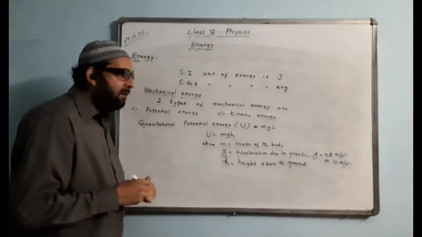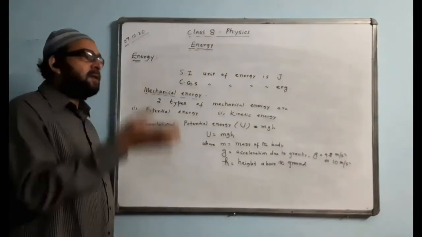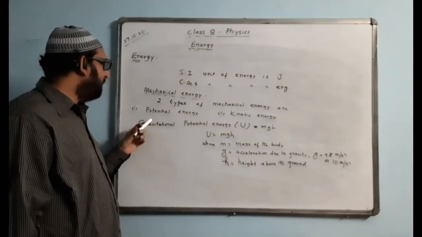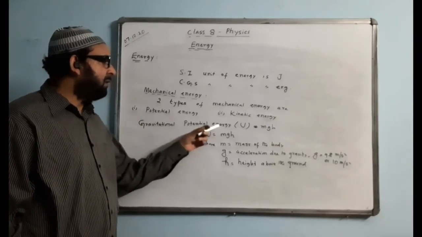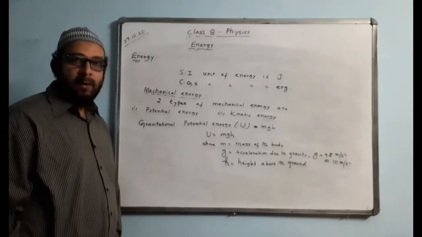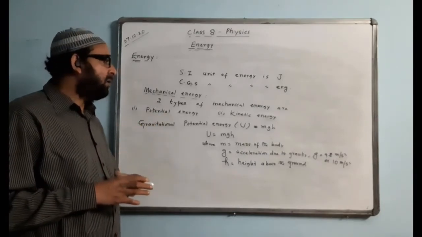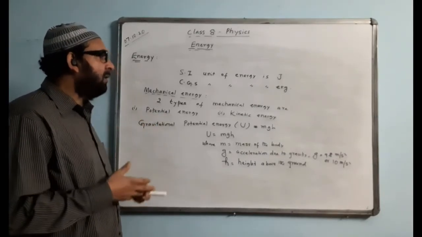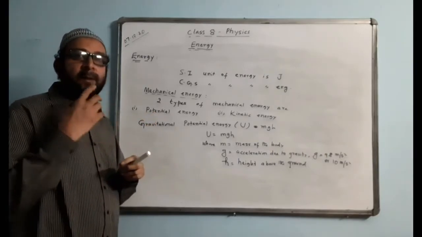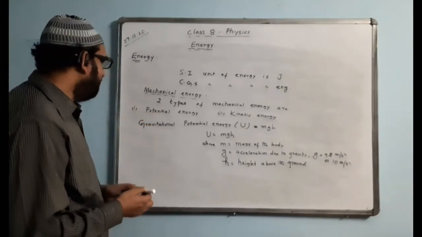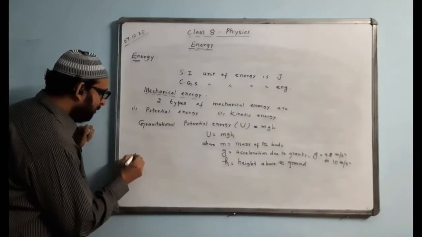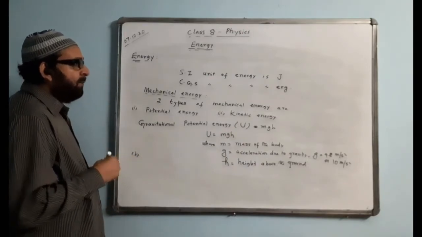So whenever a body or a mass is kept at some height, it possesses which kind of energy? We say gravitational potential energy, and the symbol of that is U. And the definition I already gave, so you can note it down, or it is there in the book as well. So please learn it from the book, or follow the simple definition which I have already stated. Now number 2, kinetic energy.